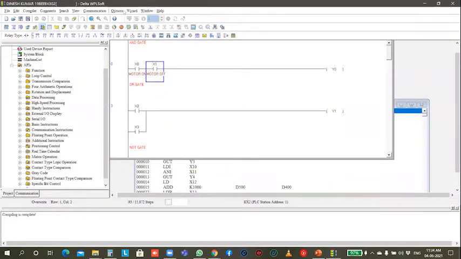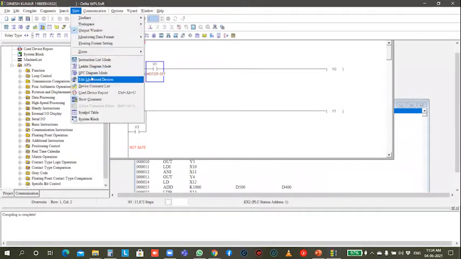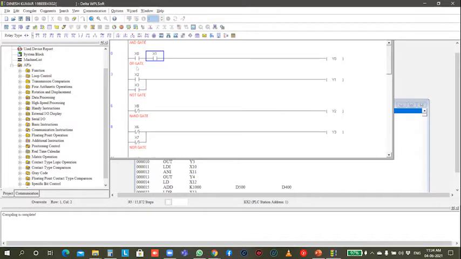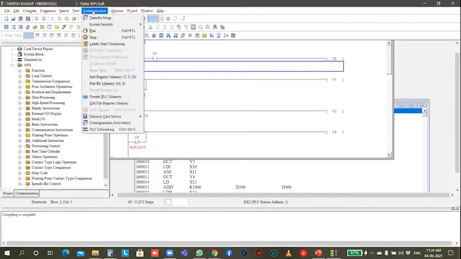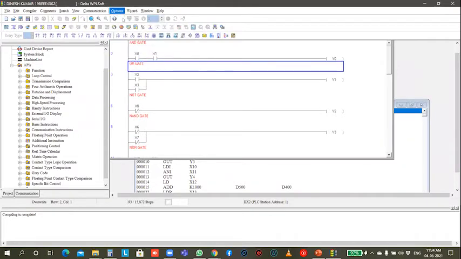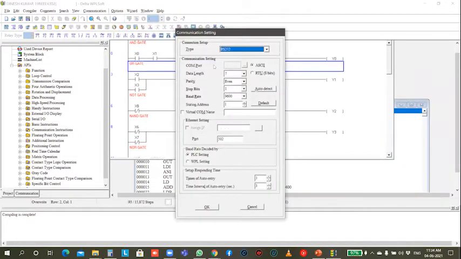Then there's the option to show comments or not, if there are any comments. Then communication is an option. This is the main one, communication setting. Communication setting is nothing but checking whether the PLC and PC are connected and communicating normally. There are four types of communication. The first one is RS-232, the popular one, and Ethernet communication uses an Ethernet cable. Direct link is the USB method, the normal USB method.